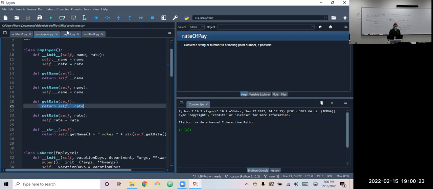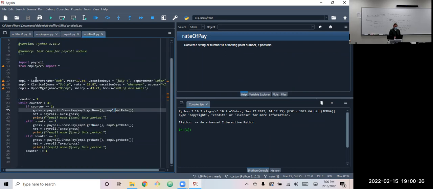no matter whether we have, where's the example? Whether we have a laborer or clerical or an upper management, I need to fix this error we saw at the end of the night the other night, coming on close. $43.21, terrible salary. Let's turn this into a nicer salary so we don't get weird numbers. It doesn't matter whether we have a laborer or a clerical or a manager. We can call that same method without having to worry about any of these other details by just passing that data type in.